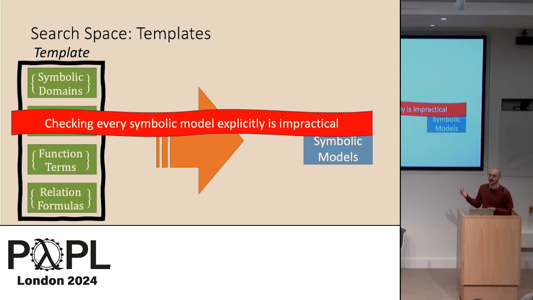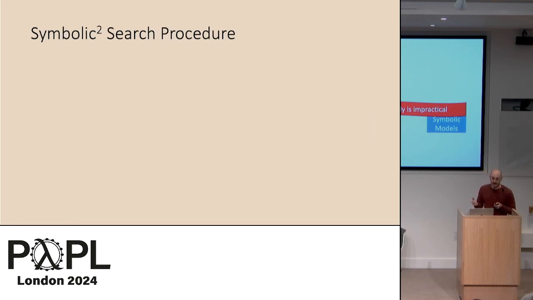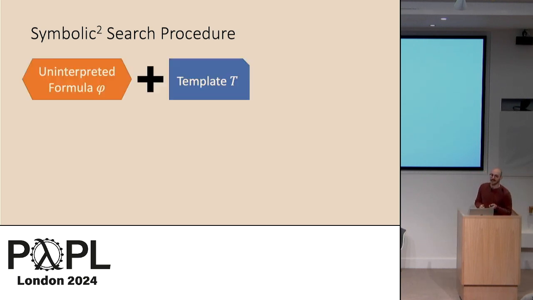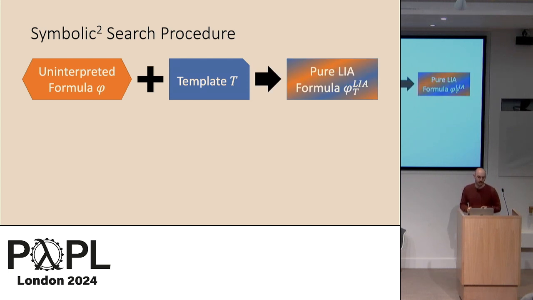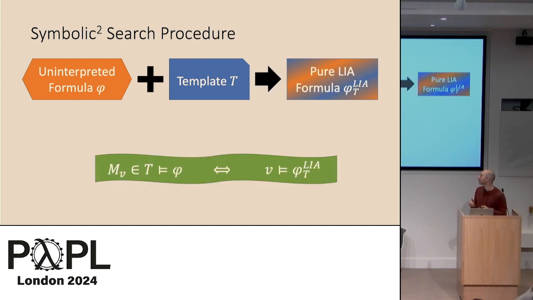For example, for all i less than k, for any integer bound k, formula. So what do we do instead? We obtain a symbolic search procedure, which is a symbolic encoding for searching for symbolic models. So given a formula phi and a template T, we construct a pure LIA formula phi_LIA_T, such that if there exists an assignment v that satisfies the LIA formula, then there is an induced model M_v in the template T that satisfies